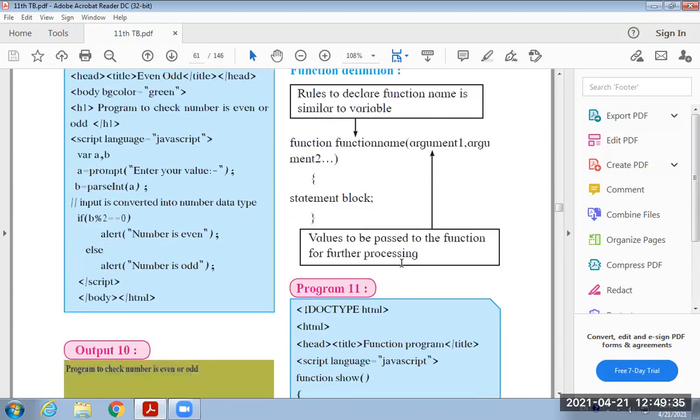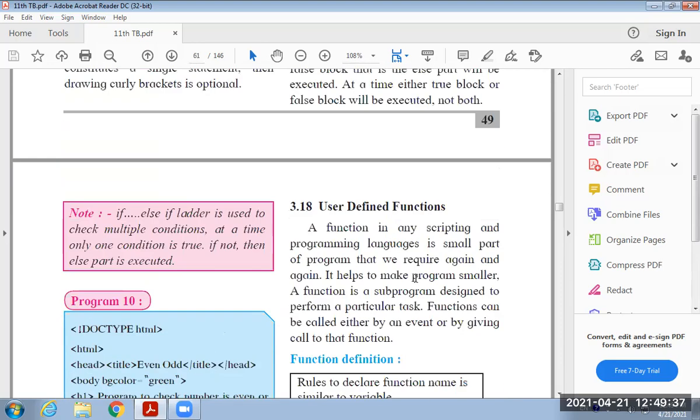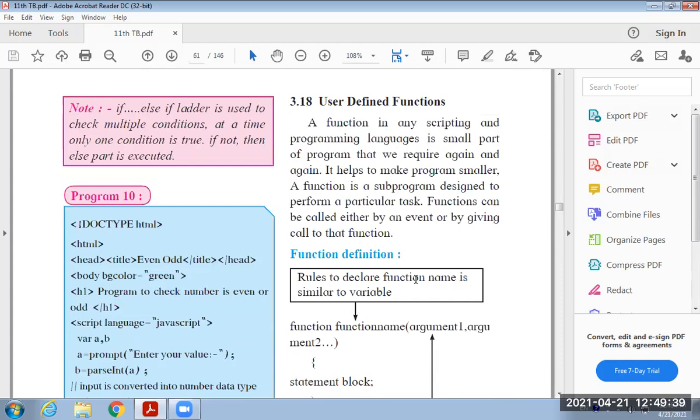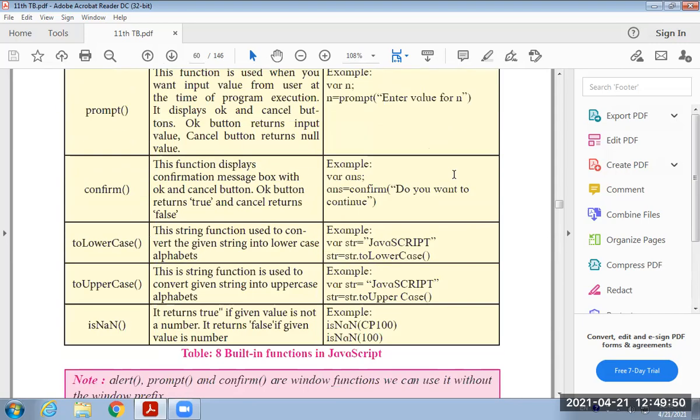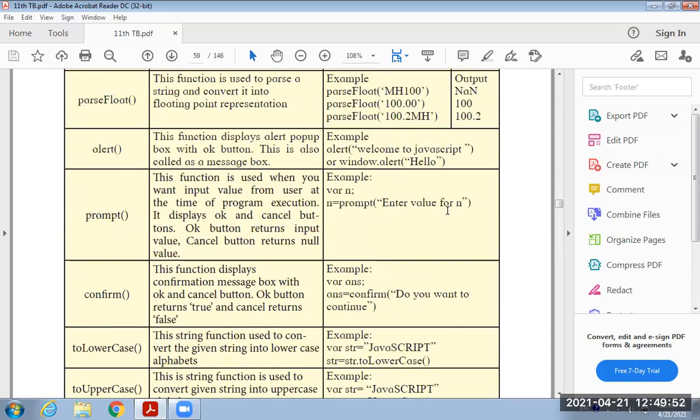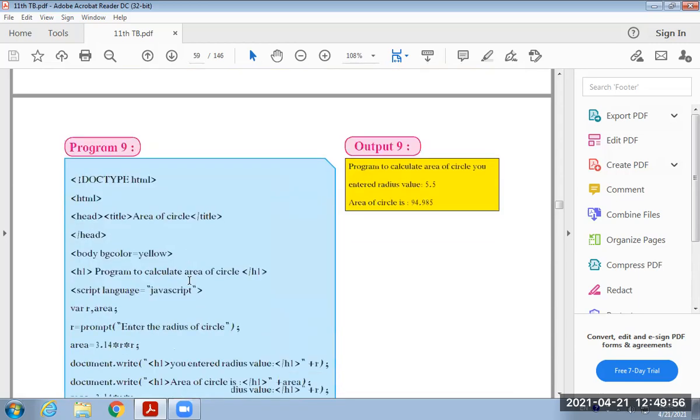The next one is the user defined function. User defined functions means here the user has to use their own function depending on the program requirement. Though here we have studied some built-in functions, many times these built-in functions are not sufficient to complete the programming.